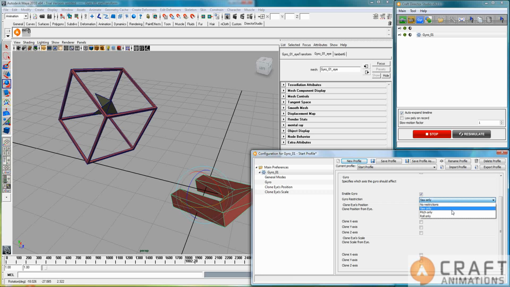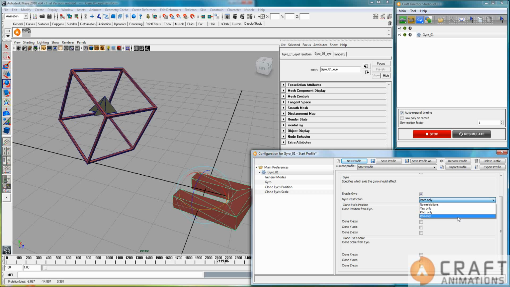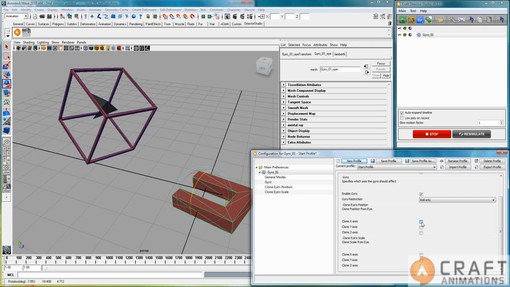So if I instead use the pitch only here, then it will only pitch, and if I try to yaw it now, it won't do much. And the same goes for the roll only. And I can pitch it and yaw it, and then when I suddenly roll it, it will roll like that. So that's the restrictions. And if we go down to the clone XYZ axis, so if I clone the X